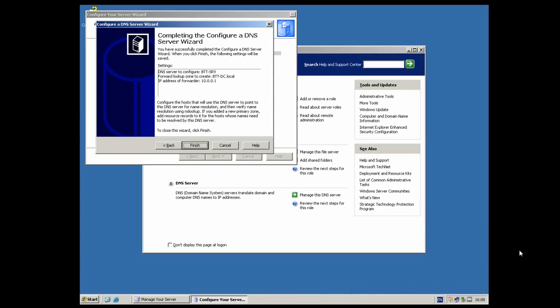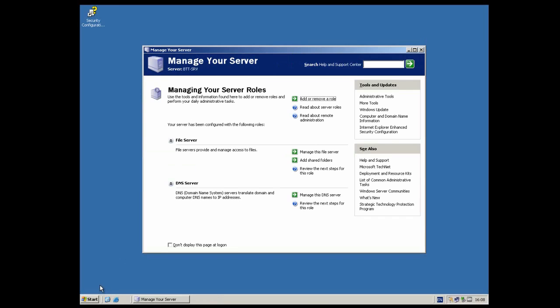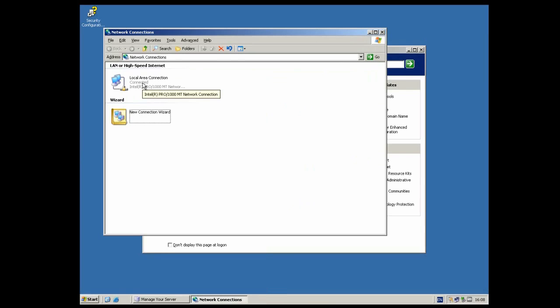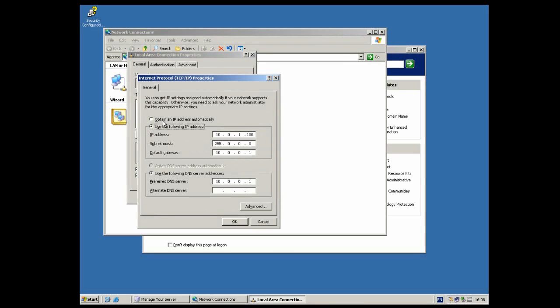Right, so we need to click finish at this screen, and it'll say this server is now a DNS server. So finish, and what we'll have to do is we'll have to set the DNS for this machine to itself, basically. So to do that, we need to go to Network Connections and Properties of the default network connection, Internet Protocol rather. And here where it says Preferred DNS Server 10.0.0.1, we don't want that. We want